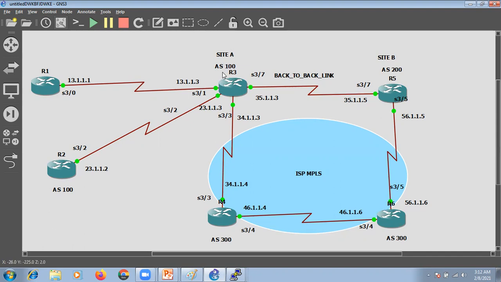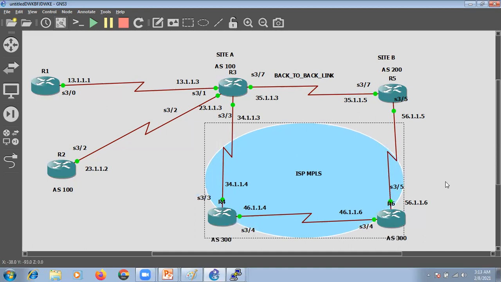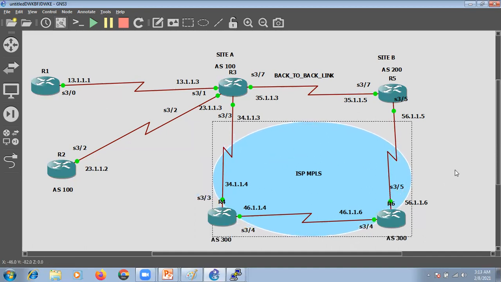Site A edge router R3 is connected to the PE router of the ISP, R4, and we are running eBGP. The site B customer router R5 is connected to the ISP router R6. R4 and R6 are both ISP routers, and this is the MPLS cloud, the backbone of the ISP. R4 and R6 belong to the same ISP, so we are running IBGP between them.